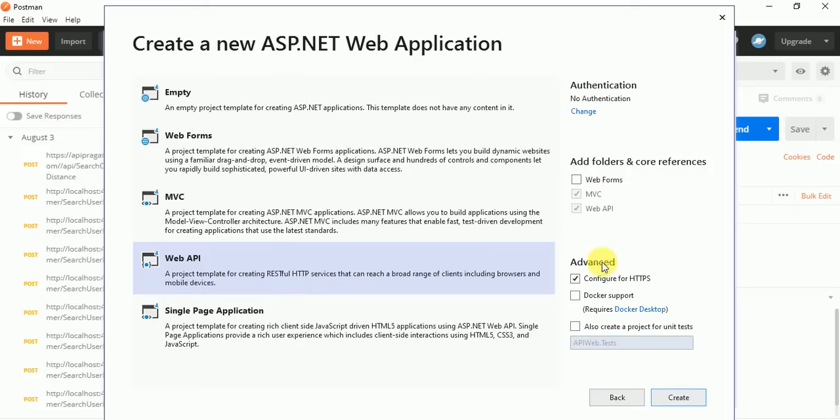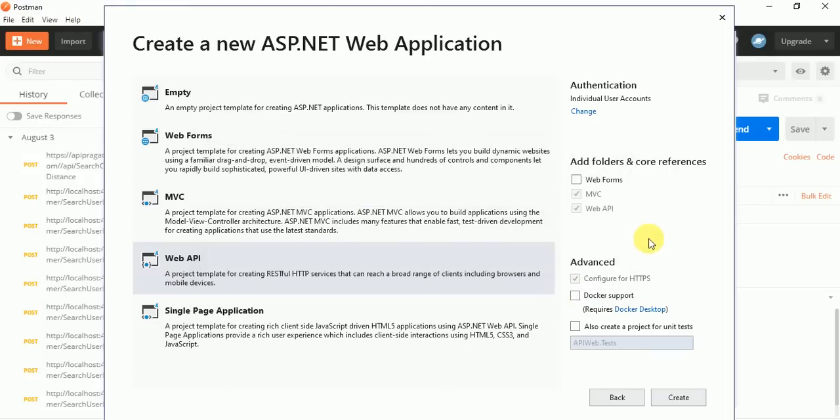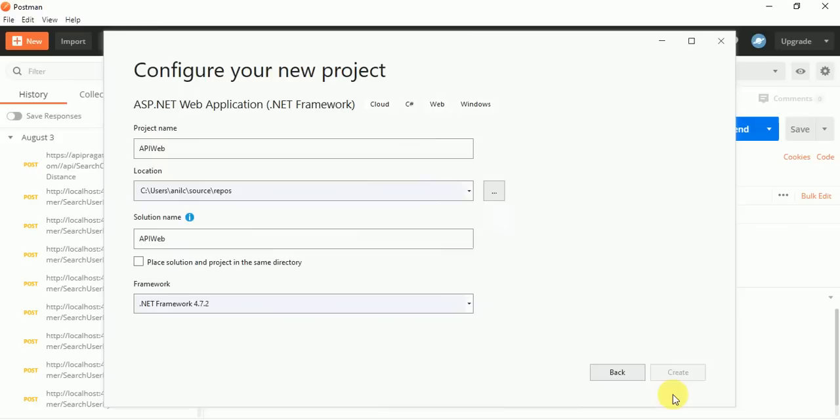Okay, so here you can see we have the options. I told you about authentication. There is a no authentication option, but we will create an authenticated web API. It says that for applications that store user profiles in a SQL Server database, users can register or sign in using their existing account for Facebook, Twitter, Google, Microsoft, or another provider. What does that mean? It means once you create your web API, the data will be stored in SQL Server, and users can authenticate with our SQL Server. Okay, just click on the create button.